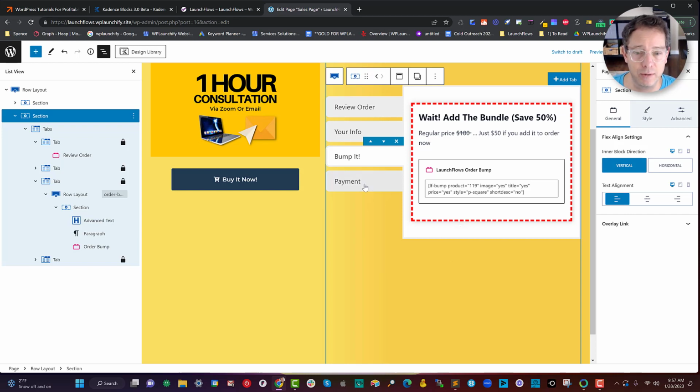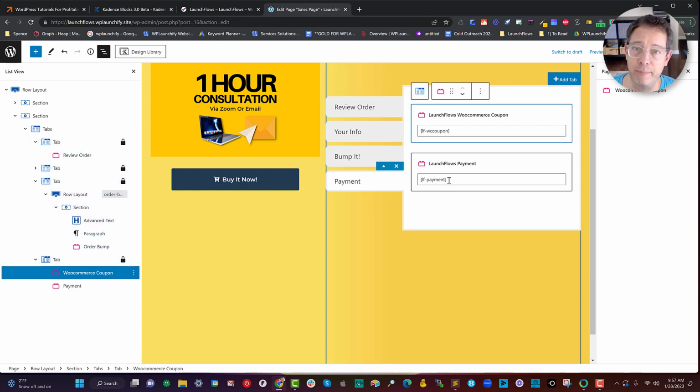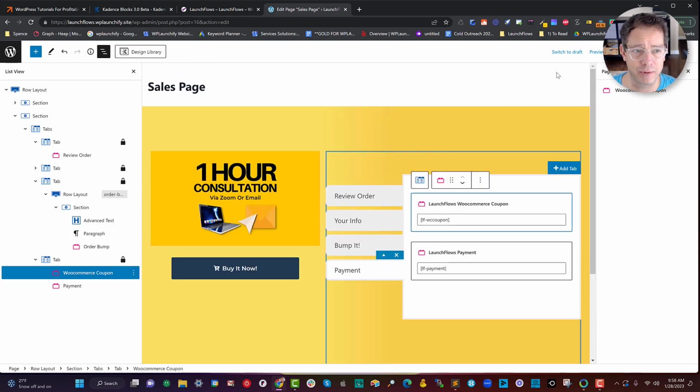Now, what else did I do on the payment? I went ahead and put in the LaunchFlows coupon component, and I put in the payment component. That basically allows me all the pieces that I need. Now, let's talk about that tab thing that I was just mentioning. If we go back over here on the front end,